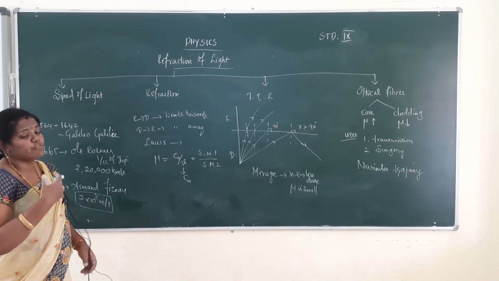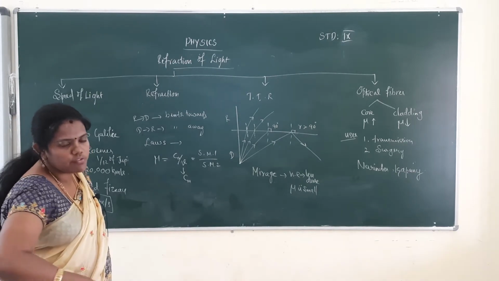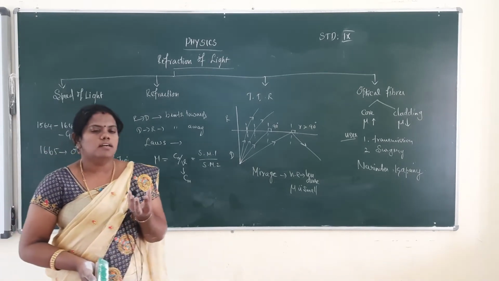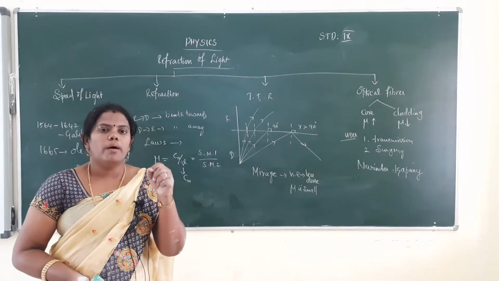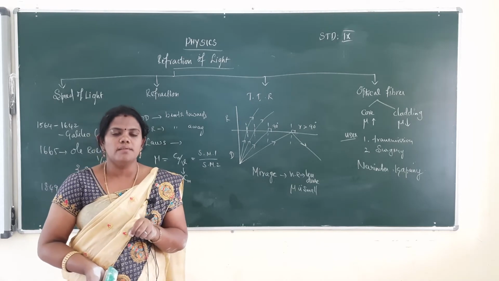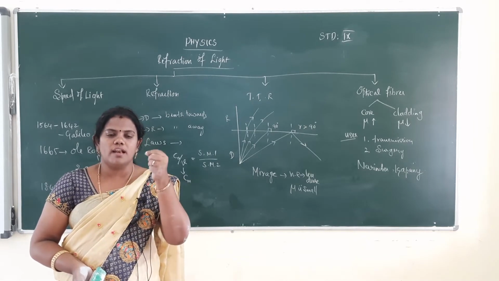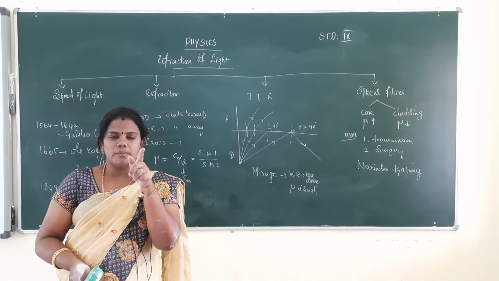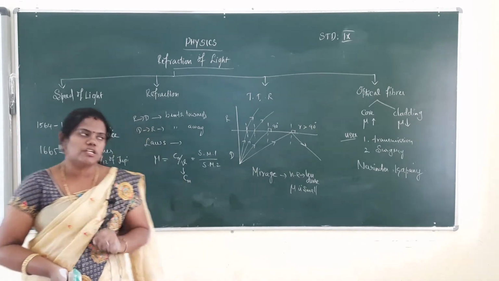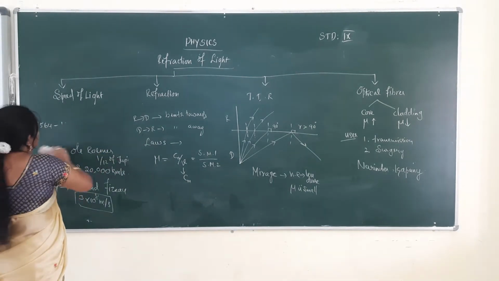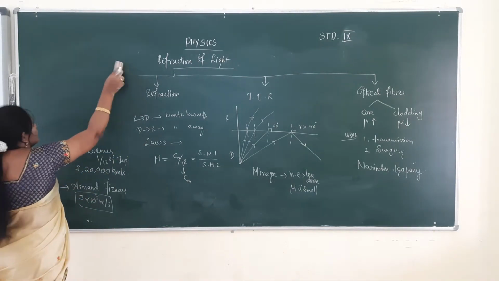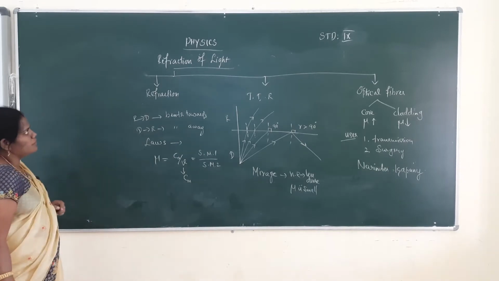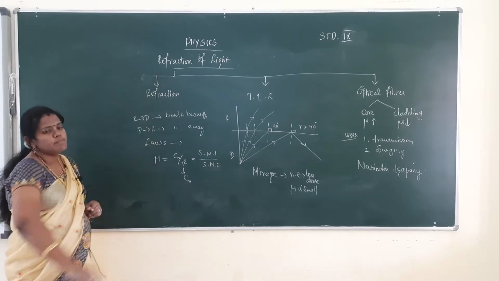Next, we will go for the refraction of light. What is the refraction of light? As already told, take a glass half filled with water and put a pencil inside. Check the pencil above the water level and below the water level inside the water. The pencil portion will appear slightly changed, that is called refraction. Mostly refraction happens when light passes from one medium to another medium. Okay, so refraction